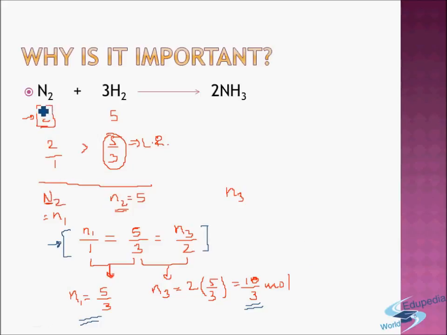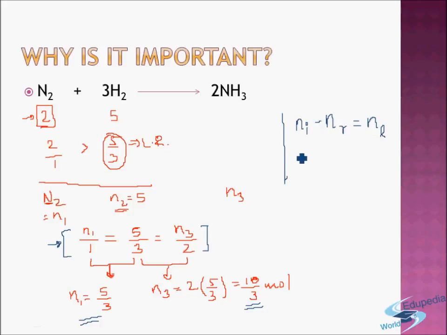Initially nitrogen was 2 moles, so how much nitrogen will finally remain? Well, it's pretty simple, you just have to subtract: initial quantity minus quantity reacted. Initial moles minus moles reacted. N_R is the reacted moles, that is, moles of nitrogen which actually took part in the reaction. It's simple basic logic that moles of nitrogen left in the container finally will be equal to initial moles minus moles consumed.